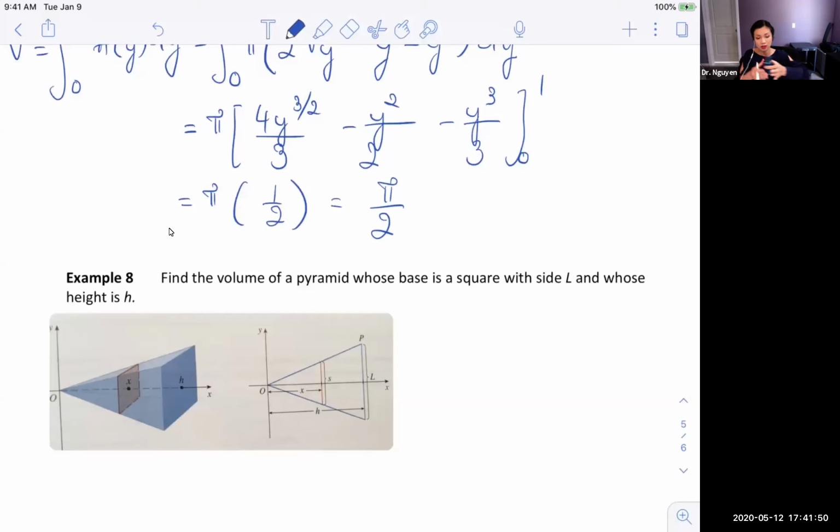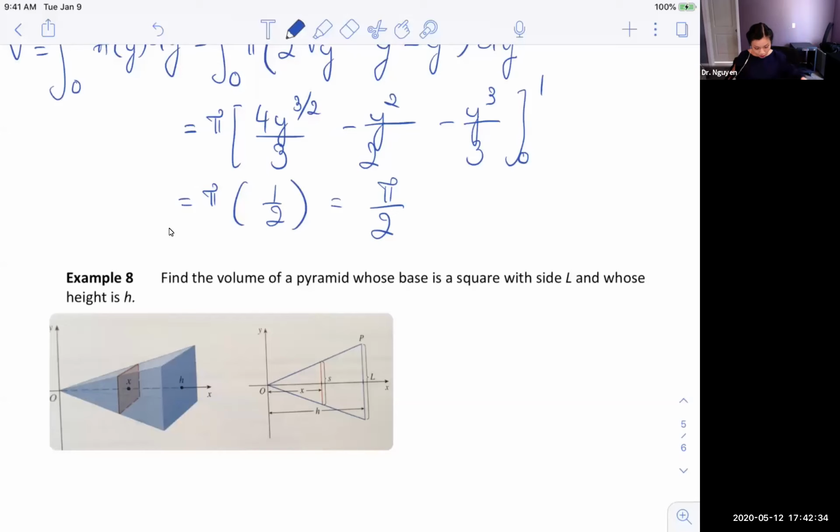So we have to consider the area of each square here. So how do I figure out the area? I need the side, right? So the side here, in this case, I'm going to call S, right? So we have x from 0 to that point x, and then we have the height, which is over here. But the side of the square is going to be S, right? So it's going to be bigger,